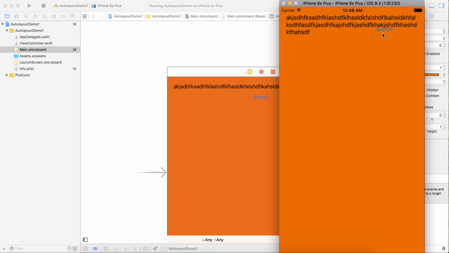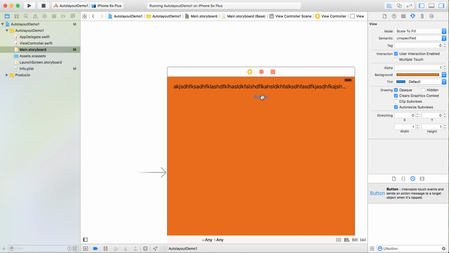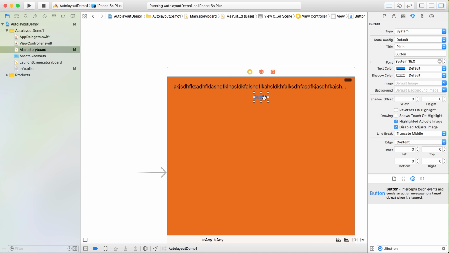Oops. So you can see, since there are no constraints, there are no rules, so the button is placed randomly on the UI view, on the super view. Okay, so we have to do something about it. What we want is to put this button in the center, just below the UI label. Okay, so select the UI button,